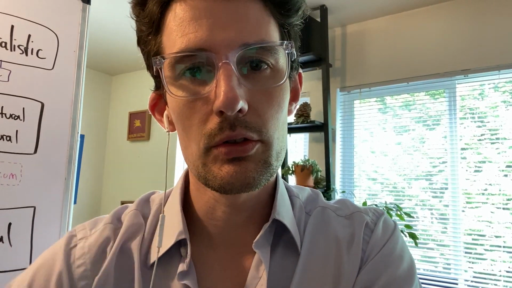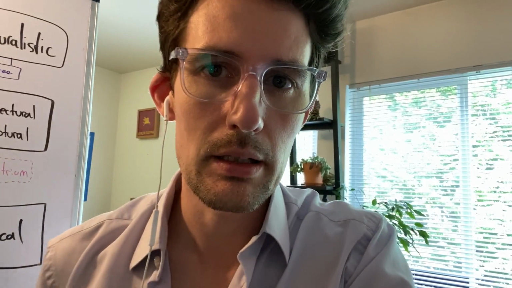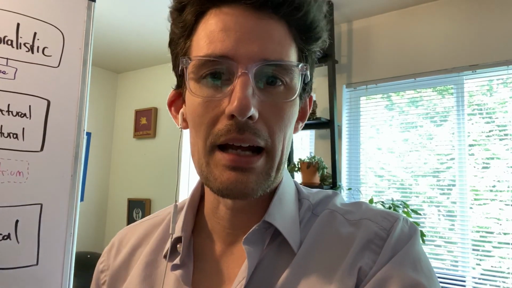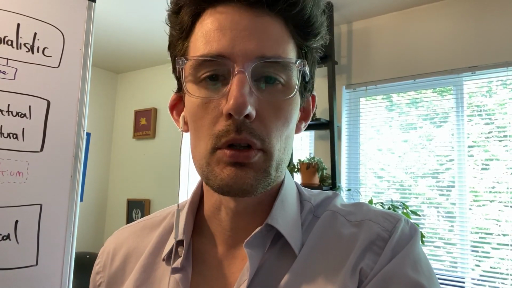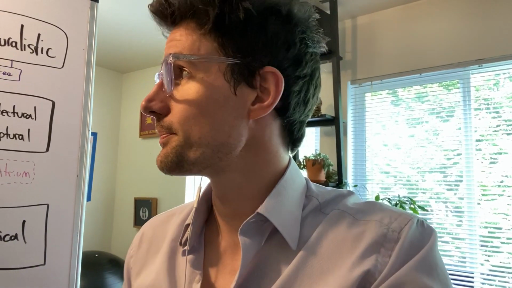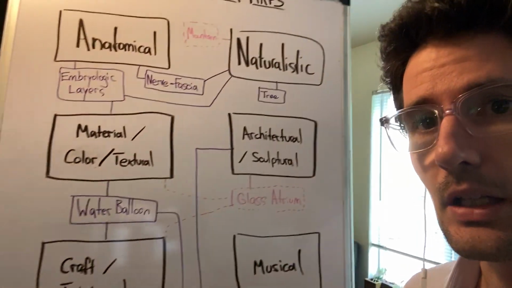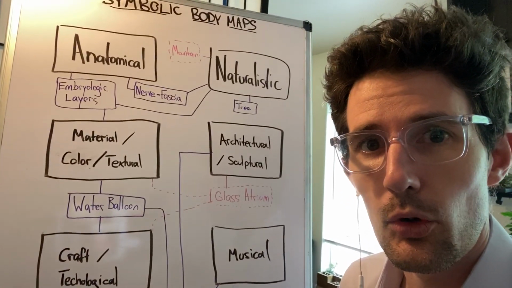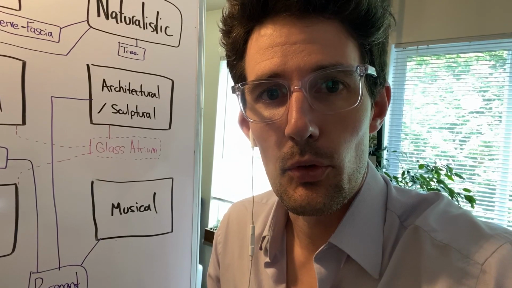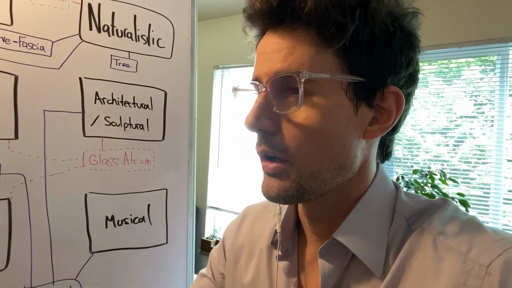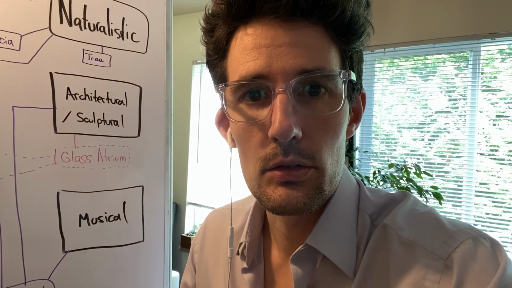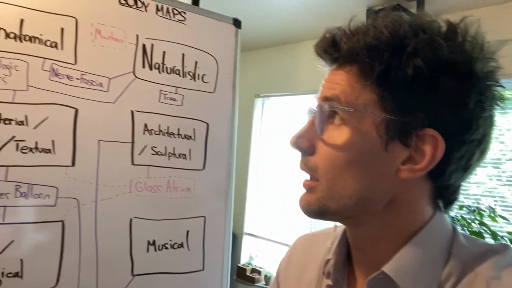For that last one, on the second to last page of the handout, you'll see a series of boxes. These are each categories of maps of the body. They're not exhaustive. You could certainly make your own boxes, your own categories. But as a starting point, think about a day in the life of your embodiment practice, whether it's with yourself or with another person. And when we think about symbolic schemata for the body, ways of dividing the body, of relating parts of the body to the self, or the self to the whole body, we